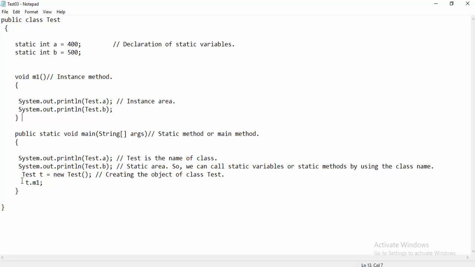Here I am creating the object of the class as t. By using this object I am accessing a method m1. So now the control will pass to the method m1, and then it will move to the next line, that is, it will find the beginning of the method m1. After that, it will find the